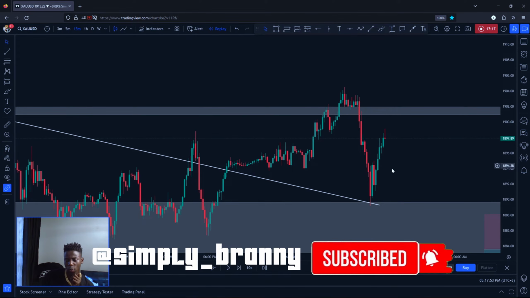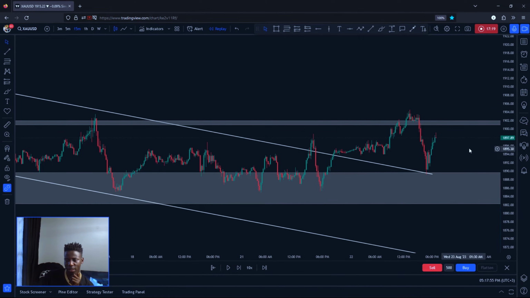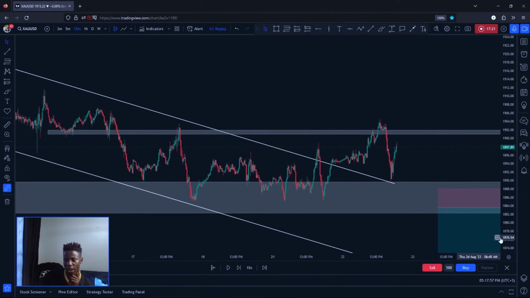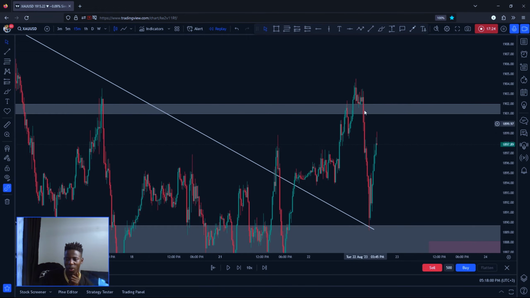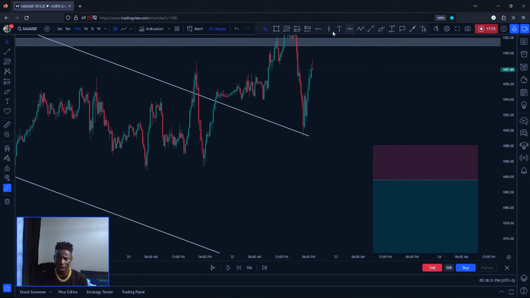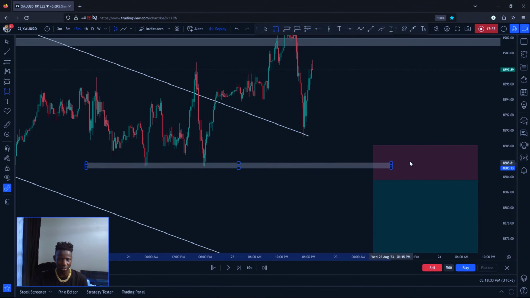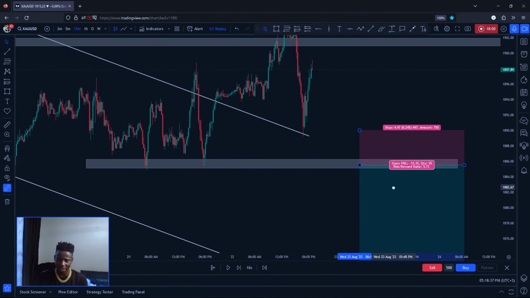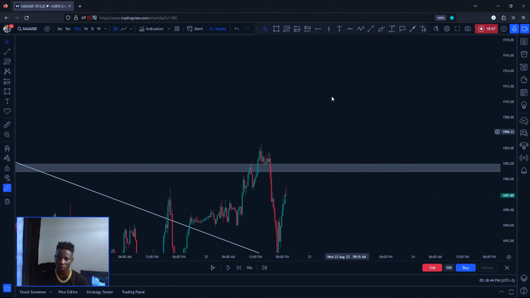You can see what you see right here. These guys drop down after manipulating the people who are trying to buy from here with no confirmation. Someone thinks, we violated this level, retest, and buy, and got manipulated down. Are you getting me? I will trust sellers around this level. You can see we have this support, right? So I will trust sellers from here after dropping and violating this level. For a retest, I will start selling. Or I will buy from here.